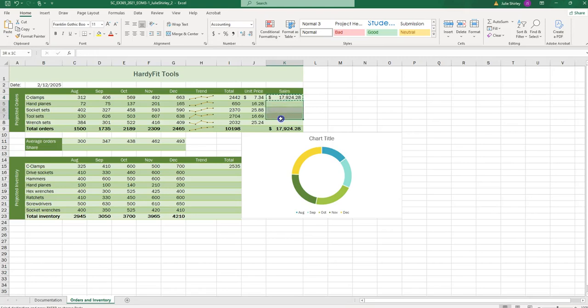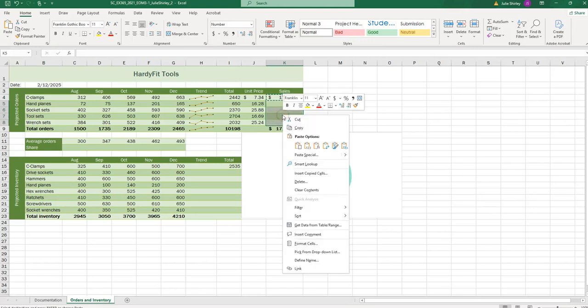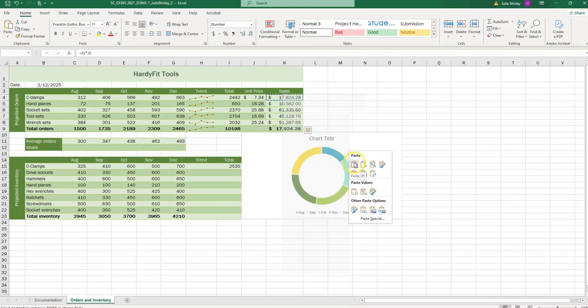So we can highlight, right-click, we will go under Paste Special because we want the formula and the number formatting. So we'll get this other pop-out right here, and we want to make sure that we are choosing formulas and number formatting. So it's the third one over, formulas and number formatting. Make that choice,